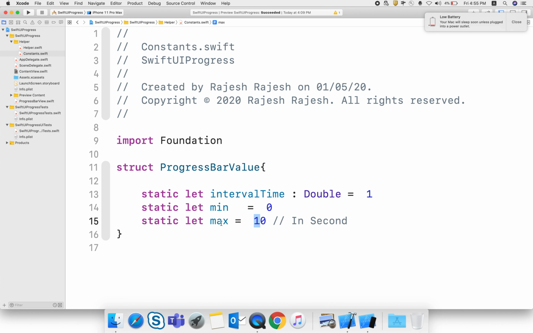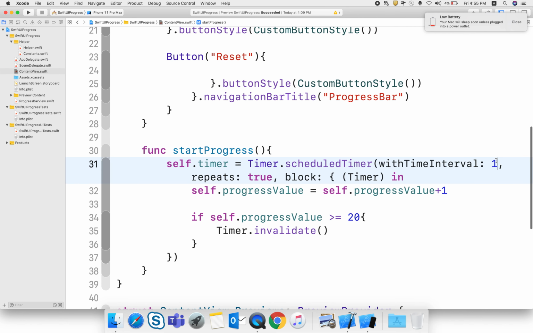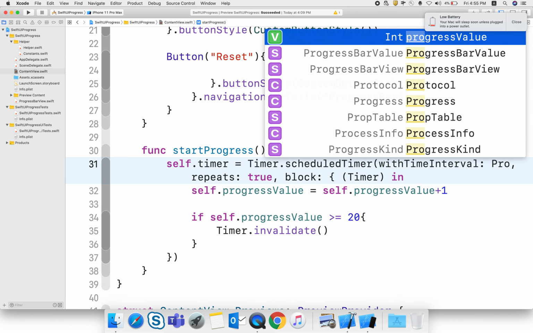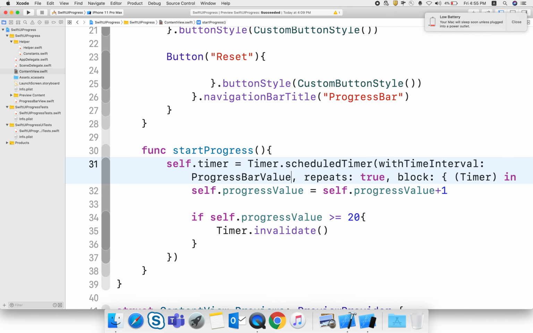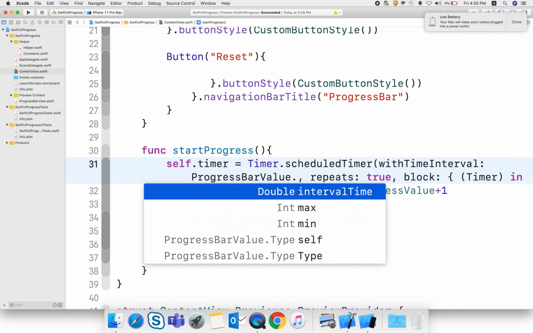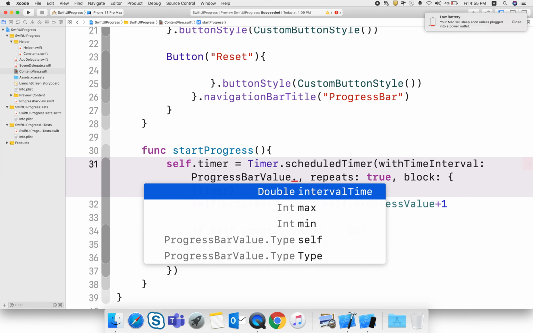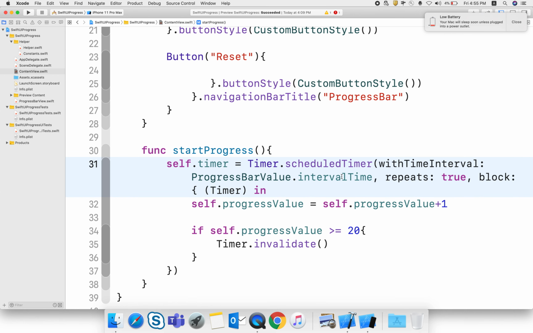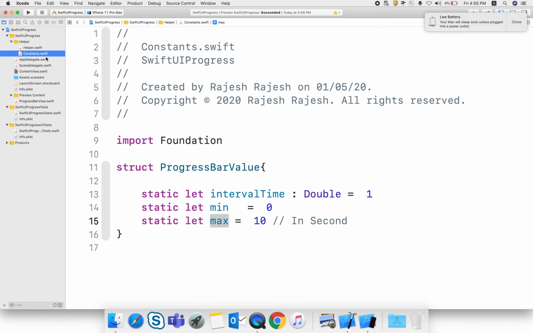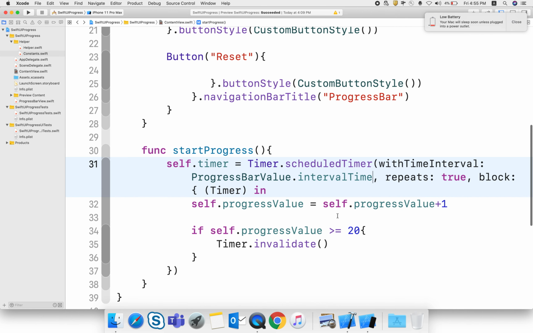I am using the values maximum and interval time here, because in future if I need to change or modify these values, I just go inside that particular struct and can make changes easily.